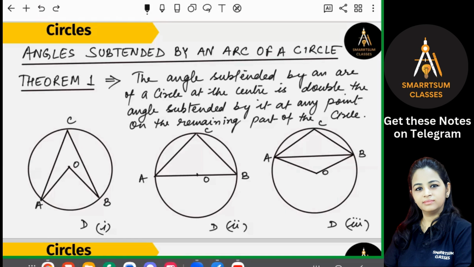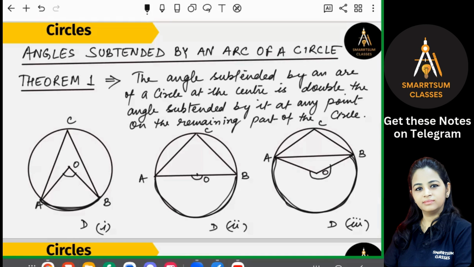We have taken the arc AB. In the first diagram, AB is the minor arc, which is subtending the angle here at the center. In the second case, AB is the semicircular arc, and it is subtending this angle at the center. And in the third figure, AB is the major arc, and the angle subtended by it at the center is this reflex angle. Is that clear? It is not given which arc we are talking about,